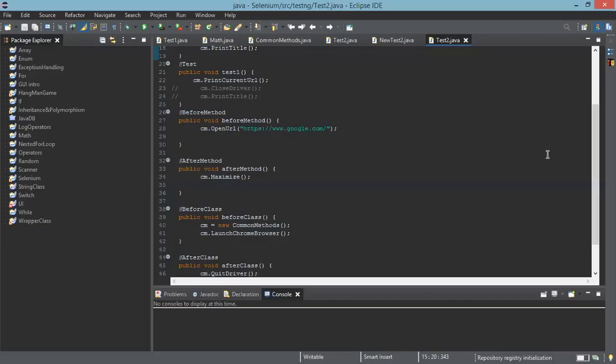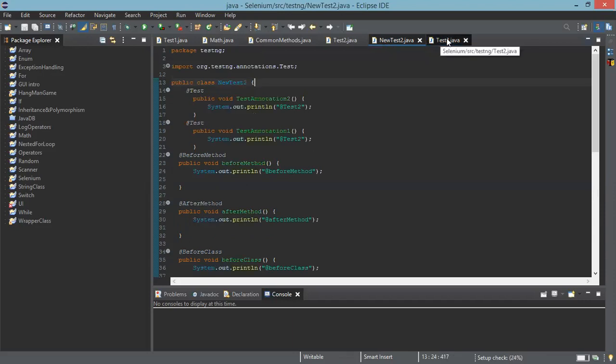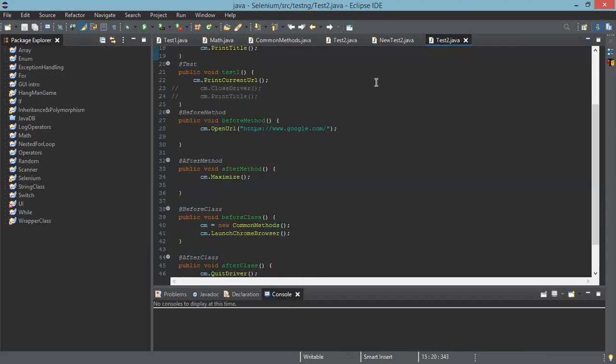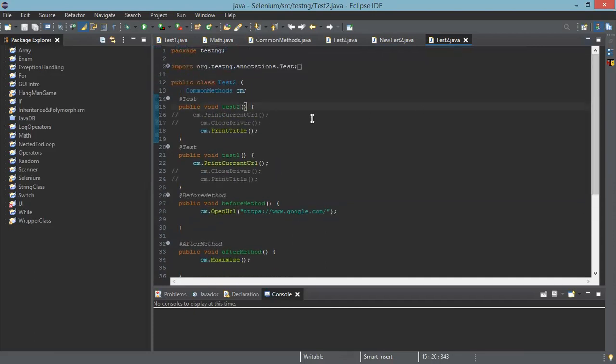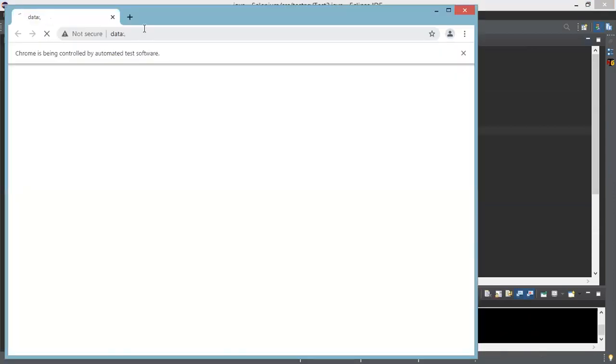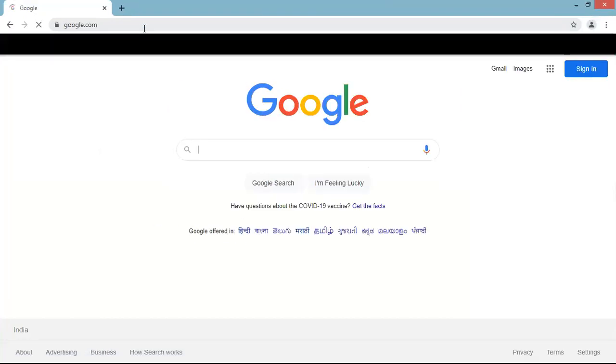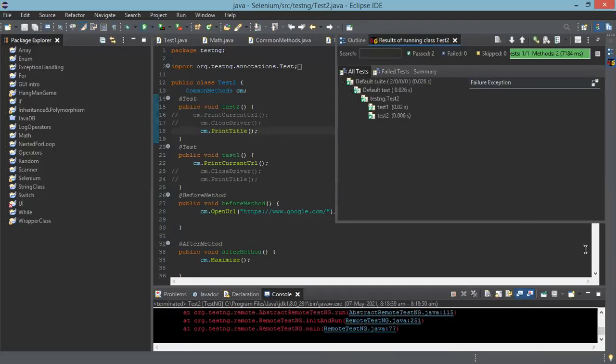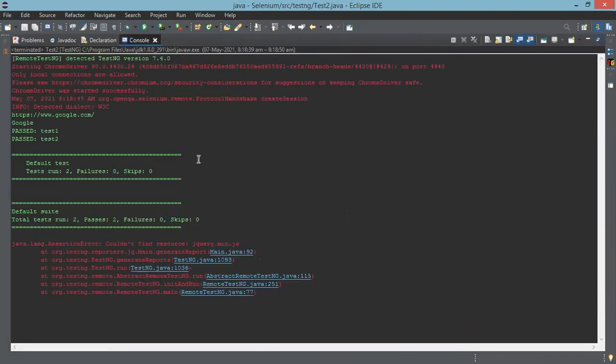The other day when we started, we saw that Java was not identifying the latest versions for Selenium. Similarly, it will not even tell us; we have to debug and check for a solution. Now save this and execute. Right now you can see two tests got executed, just because of the refresh issue. It will be executed, no problem.